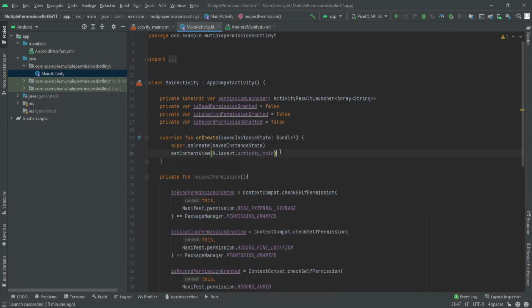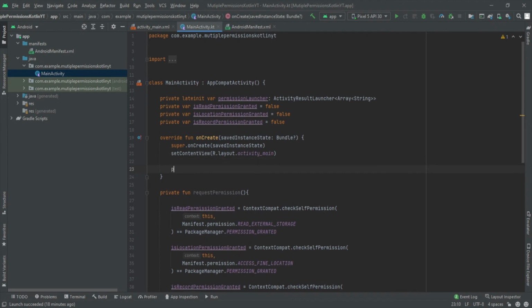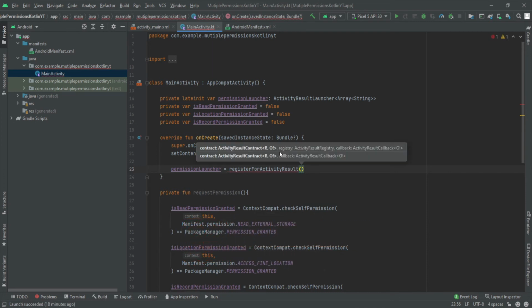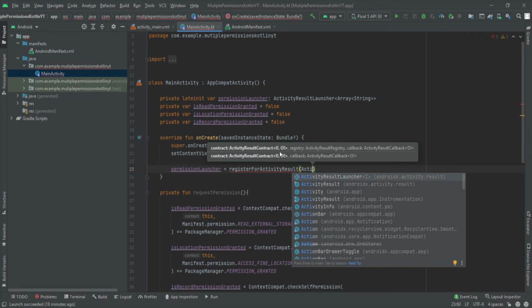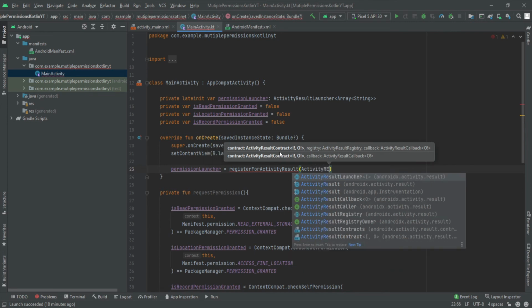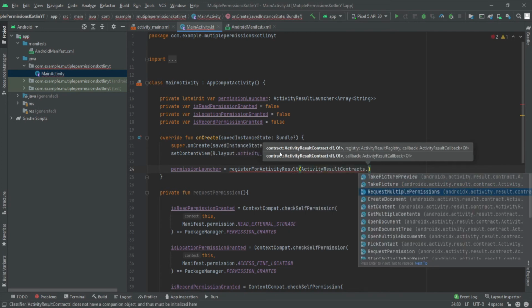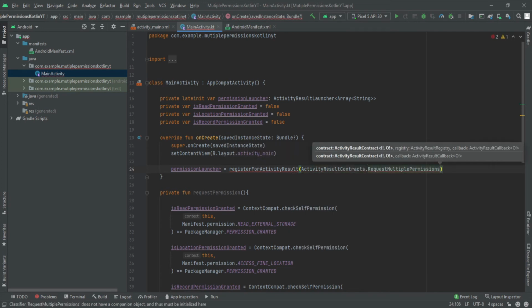Now the last thing we are going to do is define this as registerForActivityResult, and inside this we are going to pass ActivityResultContracts dot RequestMultiplePermissions.